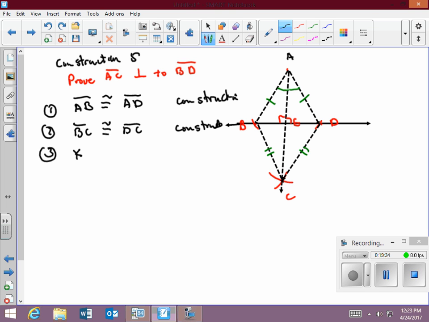Angle BAC is congruent to angle DAC, and that's construction 3, right? Bisected angle. Construction